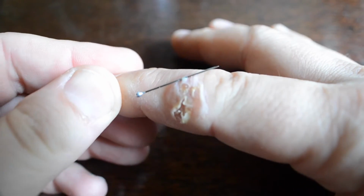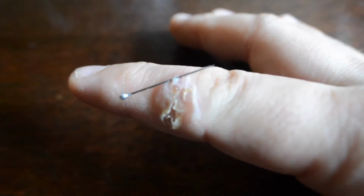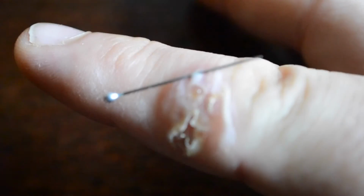Okay, I'm going to show this really quickly because the battery's about to die. What you'll see here is, can't get too close here either. What's going on with the macro today? Macros are not cooperating. Anyways,